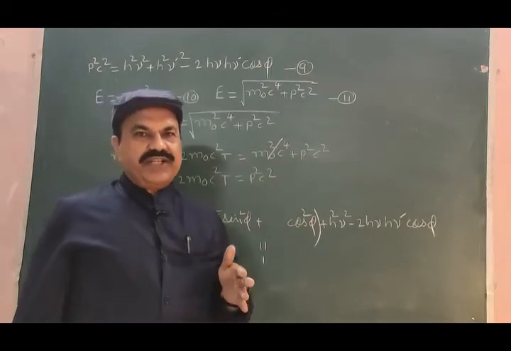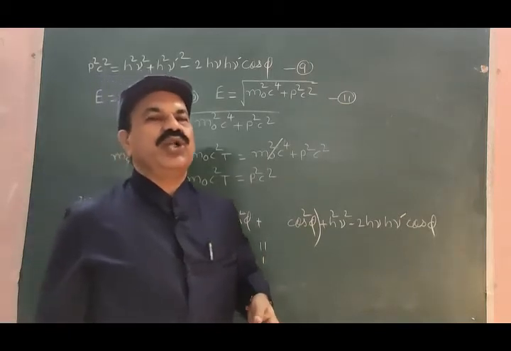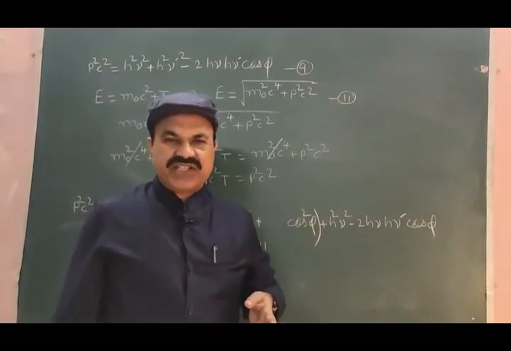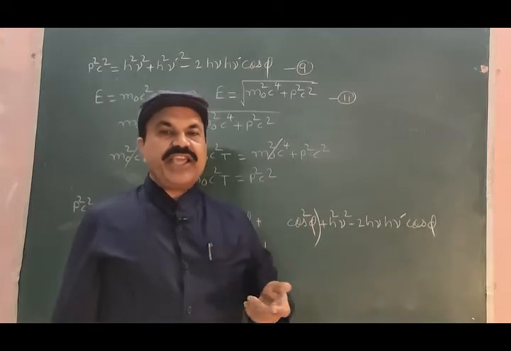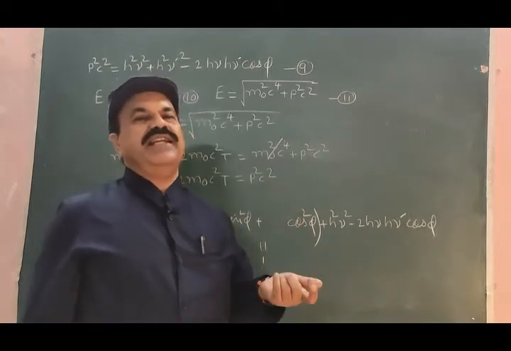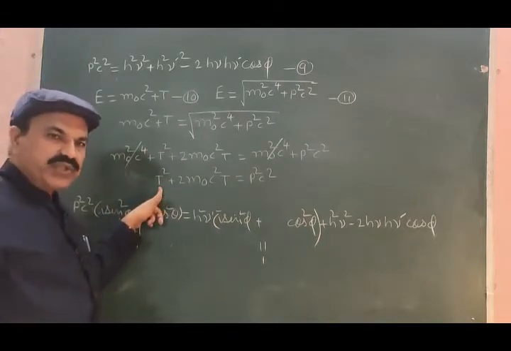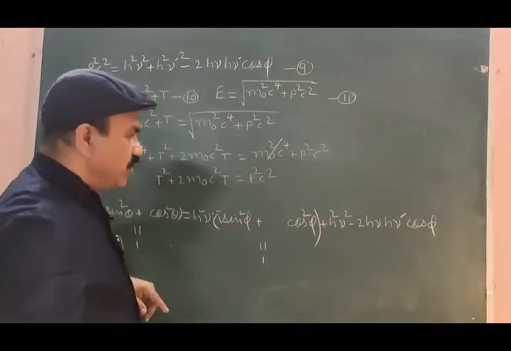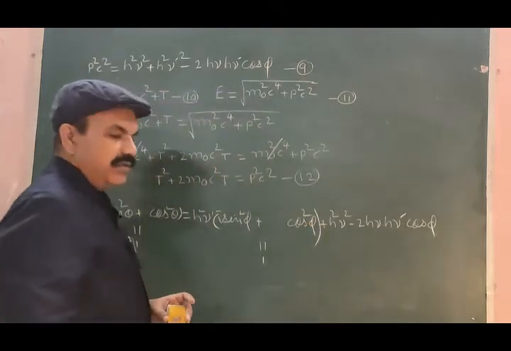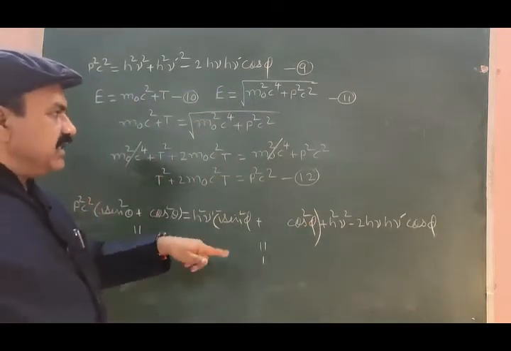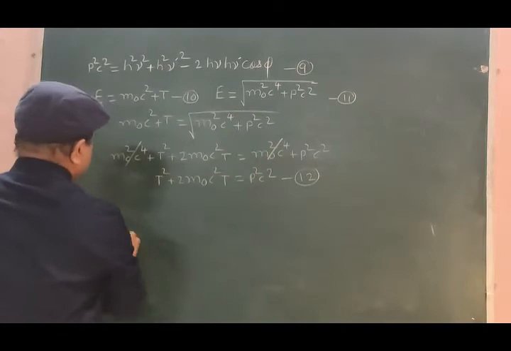H nu is the energy of the incident photon, h nu dash is the energy of the scattered photon, and h nu minus h nu dash is the loss in energy of the photon, or gain in kinetic energy of the electron. Let us put h nu minus h nu dash for this T. So, using equation 1 in equation 12, equation 12 may further be written as